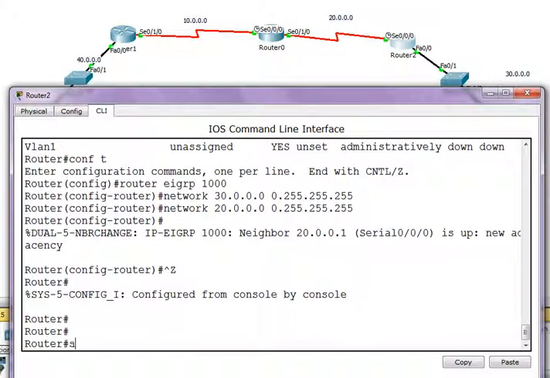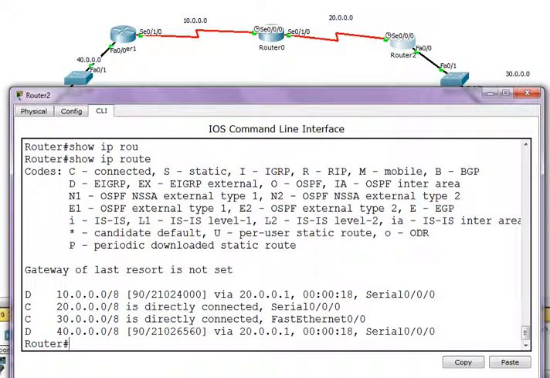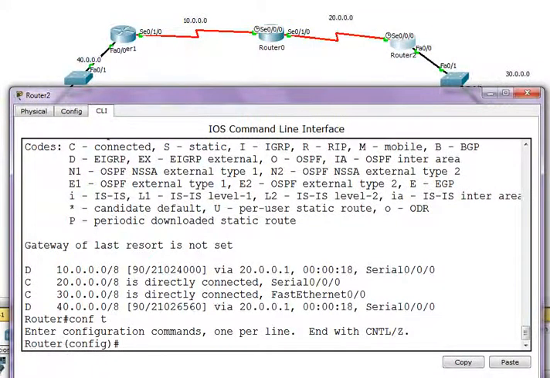So let's check show ip route. See here, D means EIGRP, so you got the neighborship from EIGRP. There was a request for telnet, so let's go ahead and see how to enable telnet and how to access this router remotely. Before we enable telnet, we are done with EIGRP. It was very simple to understand how to enable EIGRP. So let's go ahead and learn how to enable telnet.